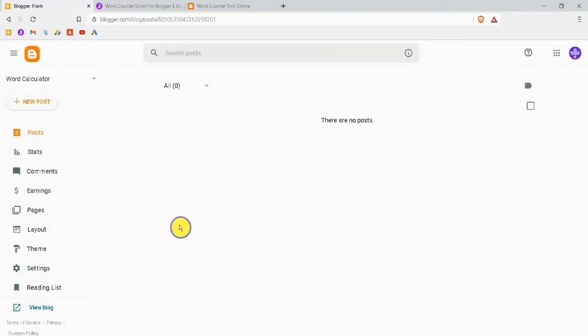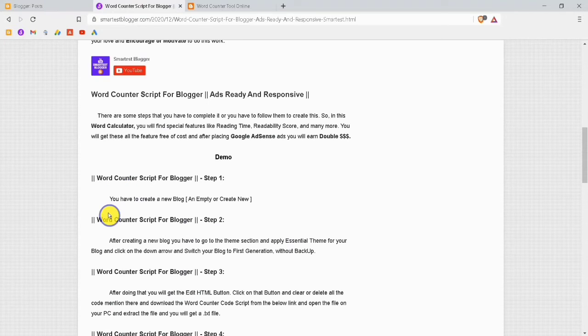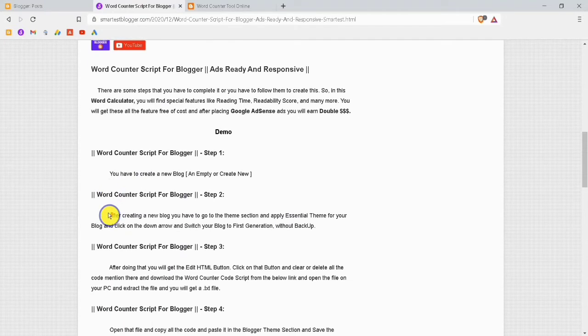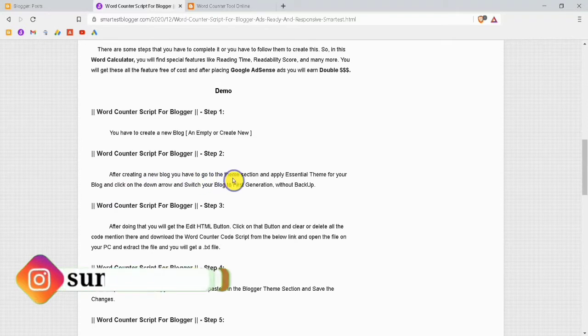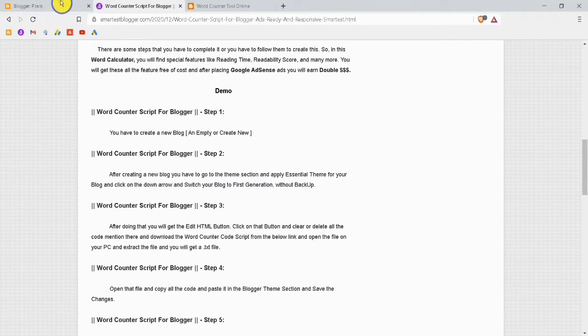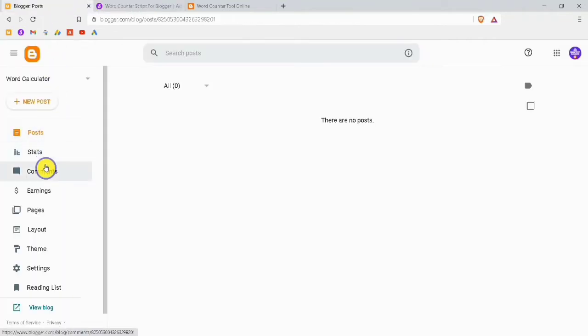So our blog has been created. Now we will see our next step. After creating a new blog, you have to go to the theme section and apply the essential theme for your blog, and click on the down arrow to switch your blog to first generation without backup. So we will follow this step and go to the theme section.